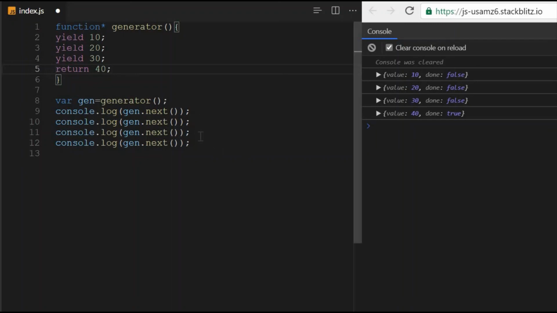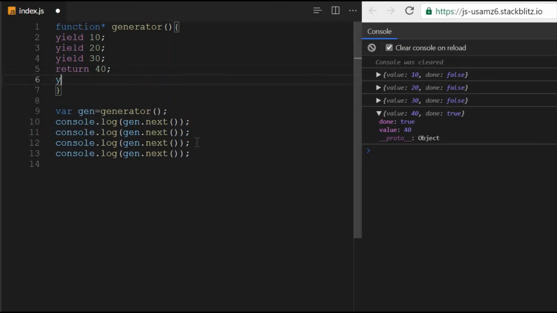As we have 4 logs here, when we call return, it sets value to 40 and done to true, so it terminates the function. If I have one more yield after that, it won't execute, because return terminates the function.